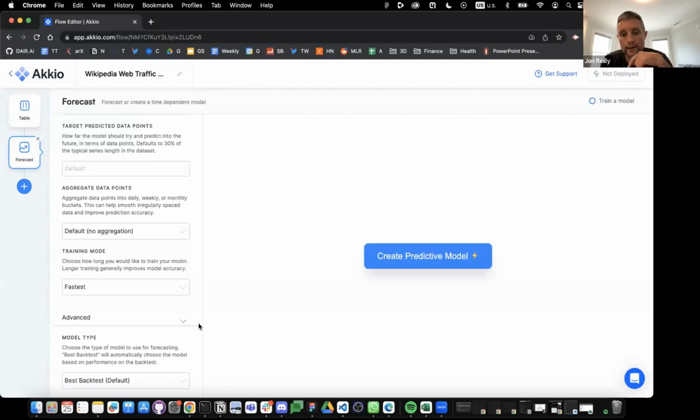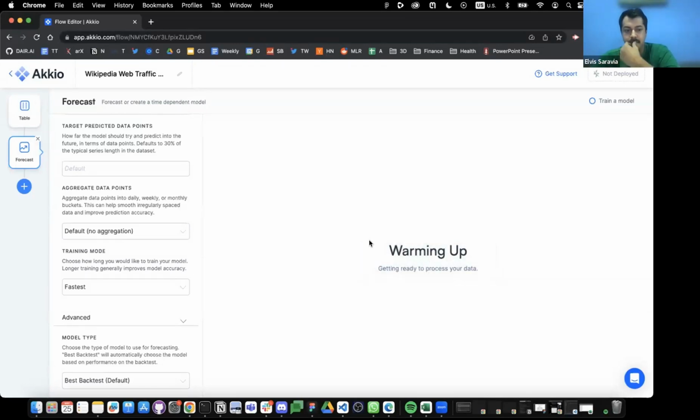And you can go ahead and hit train here and start training the model. Typically, you do need to consider how your data environment is changing over time, and that helps inform how much history you want to feed the model and how far forward you want to predict. Okay, thanks for that. I'll just click create predictive model, and then I have a question for you, John, as I go through this.